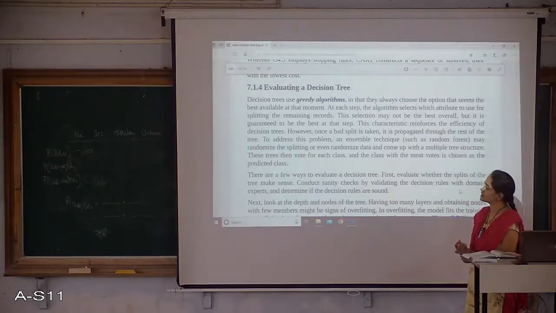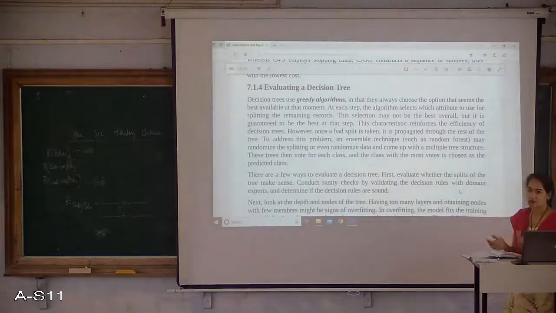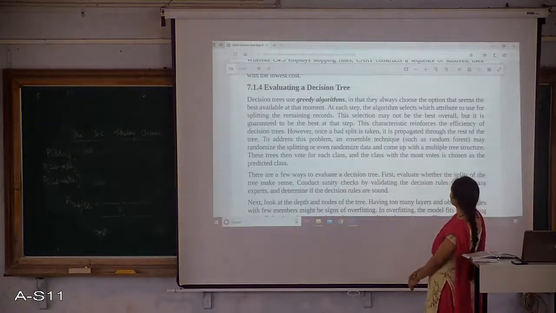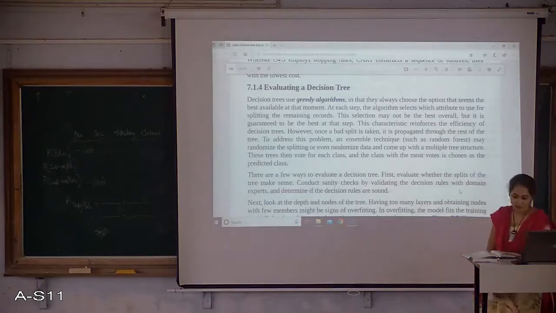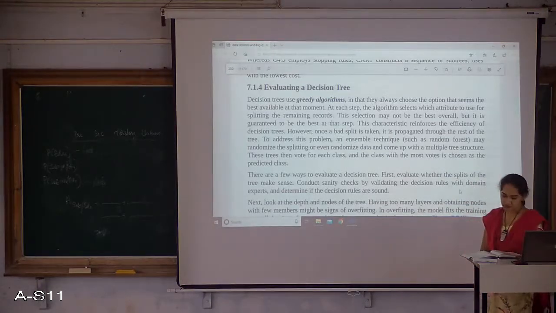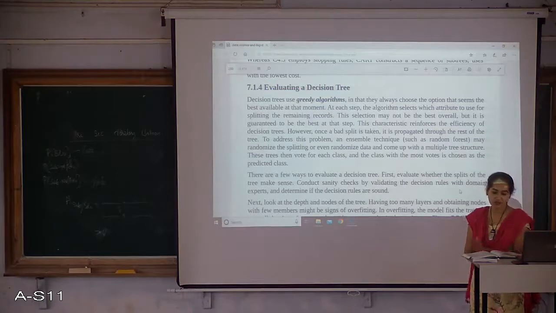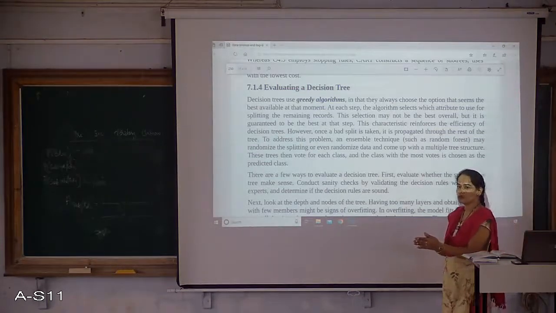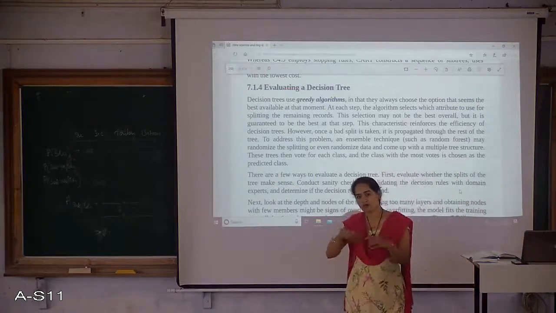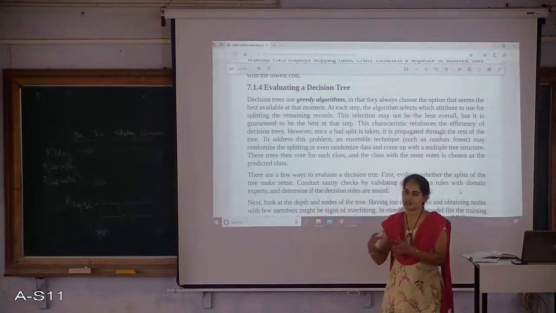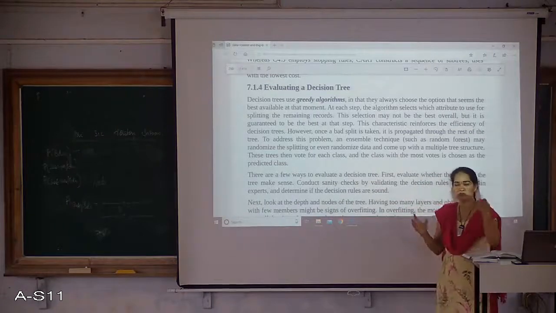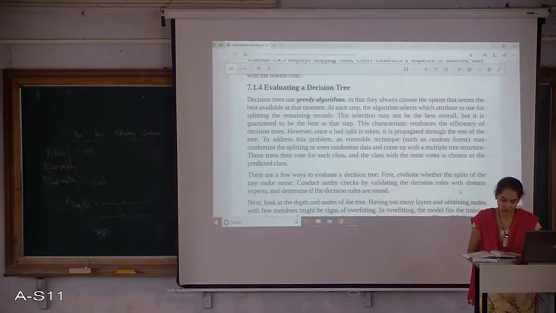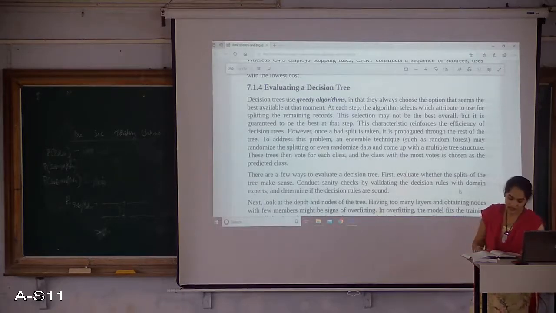So here, a decision tree uses a greedy algorithm. The overall decision tree concept works with a greedy technique, right? So it always chooses the best available information at that moment. When you make a root node, you consider all the attributes. When you go to the next step, it considers whichever is the efficient or good result. So it works with a greedy technique.